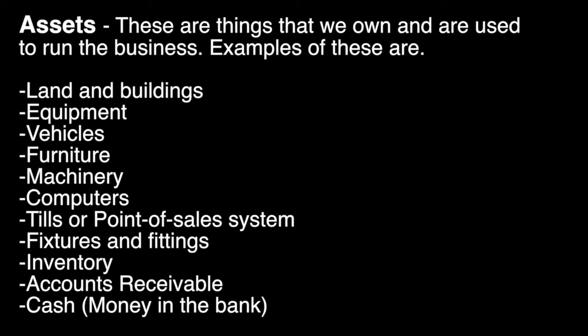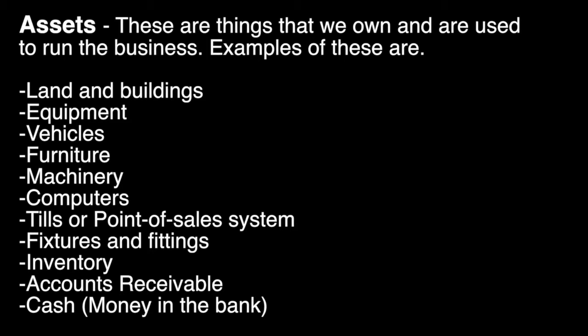Every time a transaction happens in an organization, it can only be allocated into one of 5 different categories. So these categories, the first one is assets. These are things that we own and we use these to run our business, to operate our business. So examples of these are land and buildings, our equipment, our machinery, our computers, our inventory that we have in